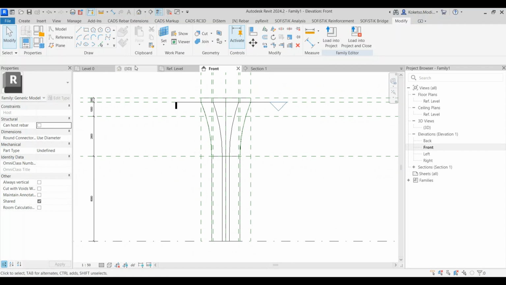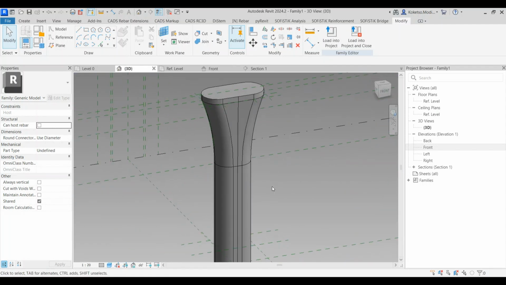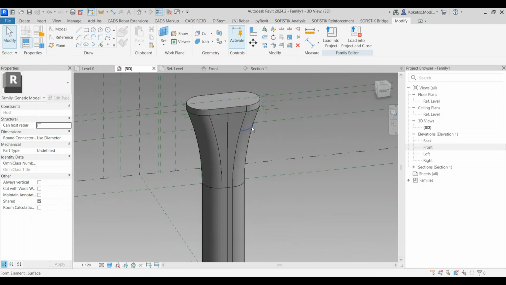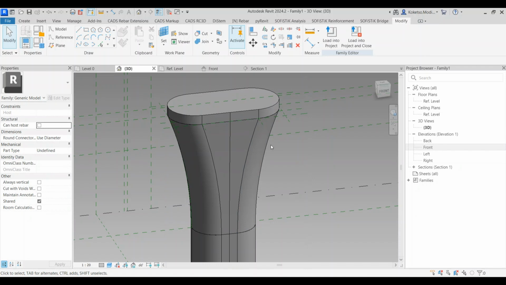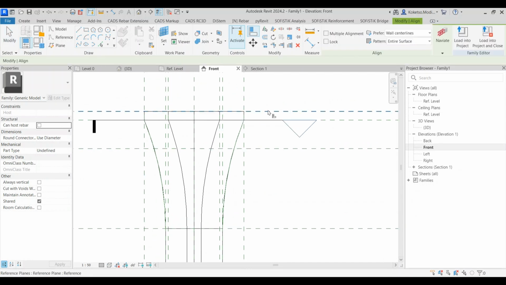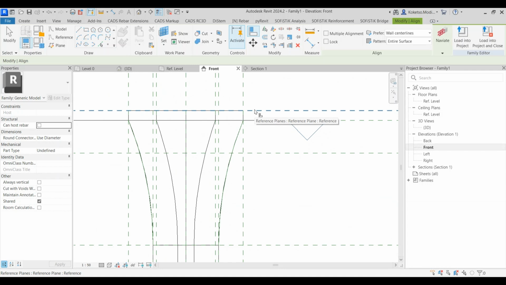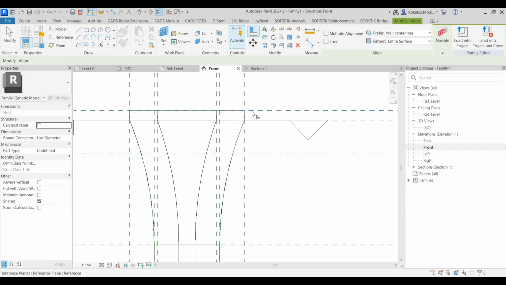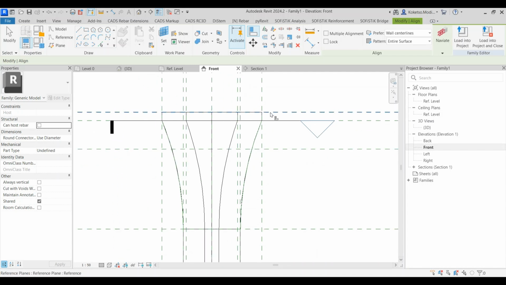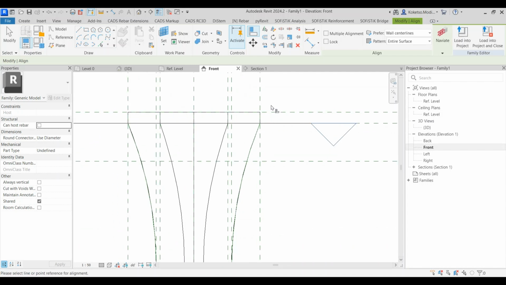Another thing is we're going to have to make this family intelligent. Basically, we are done with our family now. Now we have to make it intelligent by applying parameters. So in order for us to do that, I'm going to go to the front elevation, press AL for align. So remember, when it comes to the basis of parameters and adjusting the parameters of your forms, you have to align it to the reference planes. So I'm going to press AL for align, and then press my reference plane first and then my form second,